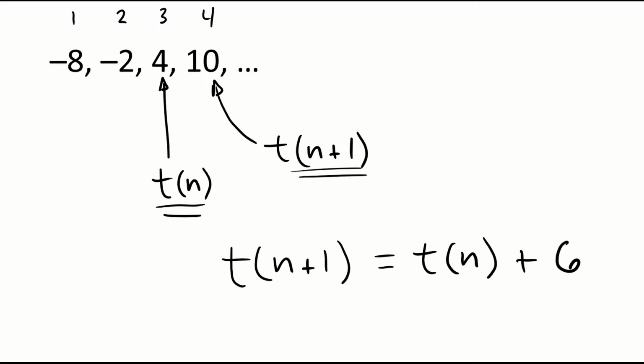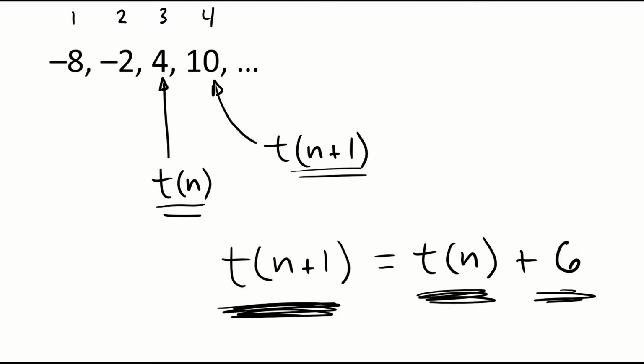So if you think about this, this is part of a recursive definition because it tells me to get to the next term, take the term that you're at and add 6 more. Now I keep saying that and I'll continue to say that because I want you to get used to this notation. This t of n plus 1 equals t of n plus 6, that doesn't do anything for my mind anyways. So when I see these, I say the next value in the sequence is equal to the value that I'm at plus 6 more. And I can see the truth of that statement because anywhere in this sequence